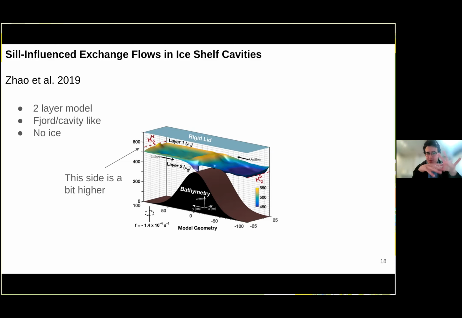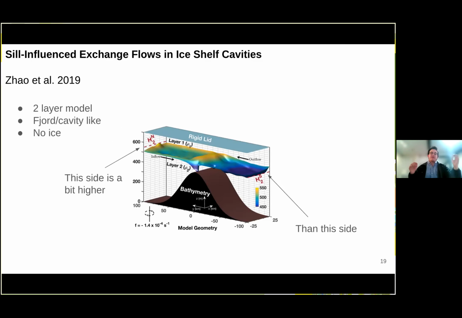And so the way that he mimics there being ice is he prescribes this difference in the layer interface height between the northern boundary on the left and the southern boundary on the right. And that's something that you see in real ice shelf cavities due to melt processes, that the warm water is depressed towards the ice shelf face. And so what Ken finds is that in this 2-layer model,